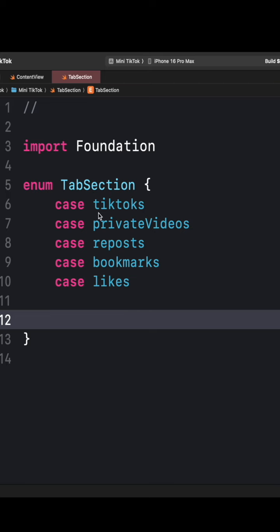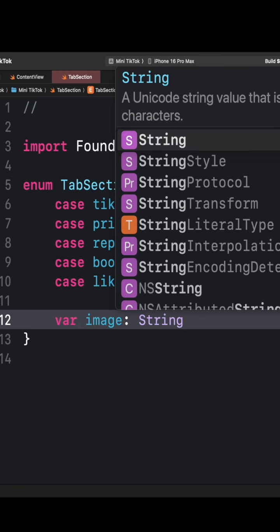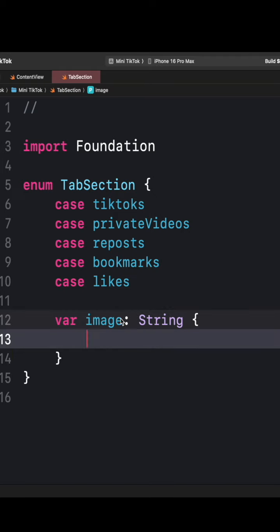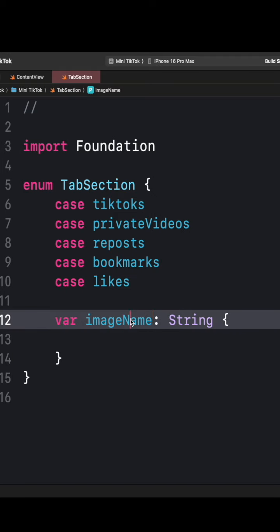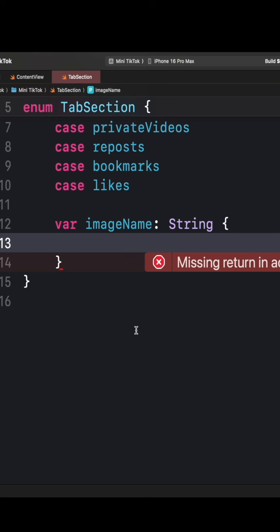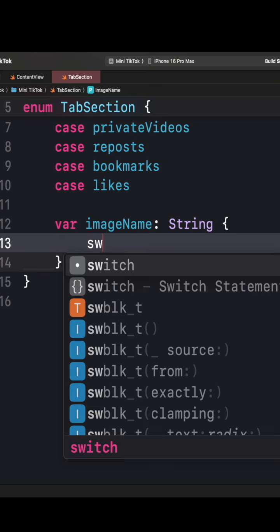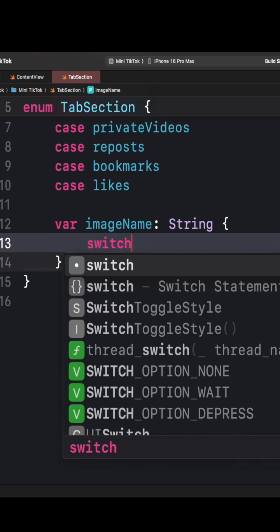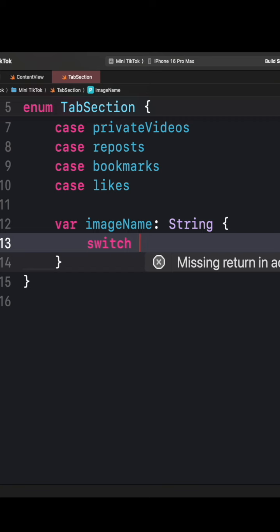So we'll start by saying var, and then we'll say image. We'll call this a new variable. And we're just going to make it a string. Or better yet, let's call it var imageName, right? Instead of just image, let's call it imageName. And then we'll do String here. And now what we're going to do is something we actually do a lot in Swift, use a switch statement. And a switch statement means that you can go through each case pretty easily. So we'll